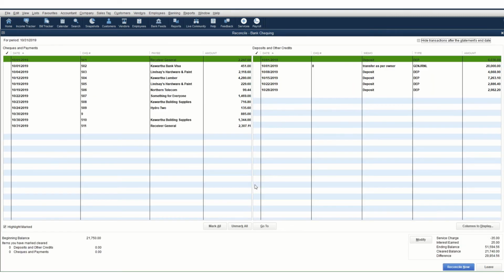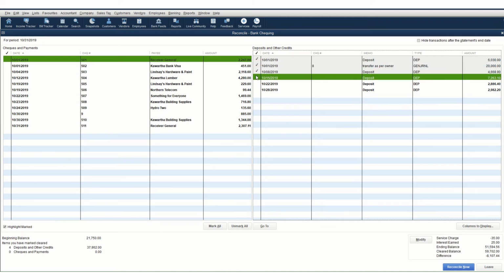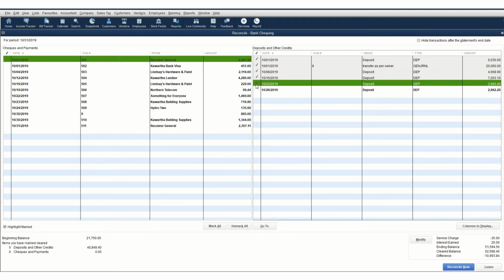Hit Continue. And now you have a list of transactions. So you can do this one of a few ways. One is you can go item by item to determine what matches, or you can click All and back out the ones that didn't clear. So in our situation, as far as deposits, we had the $20,000 come in, $6,000, $4,668, the $7,263, $2,886, and